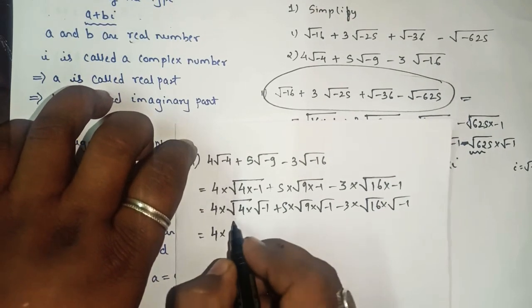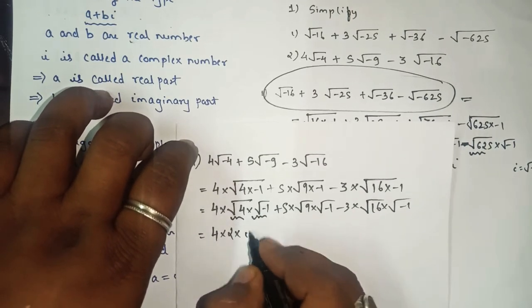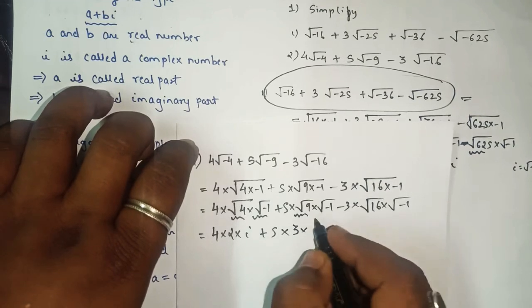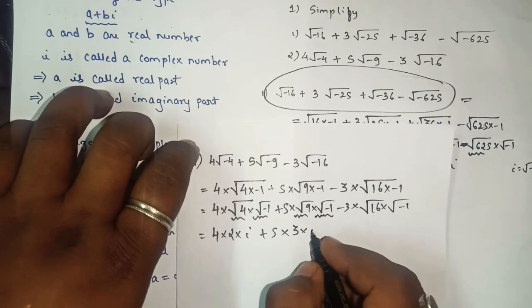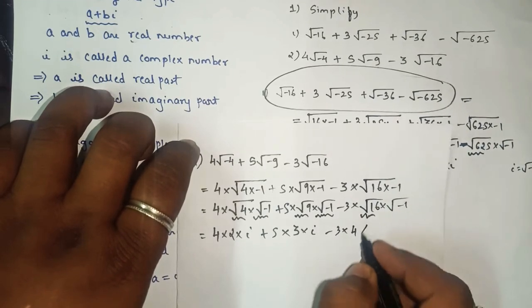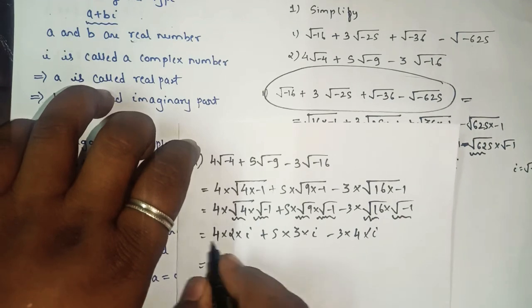So 4 into square root of 4 is what? 2, and square root of minus 1 is what? I. Square root of 9 is what? 3, and square root of minus 1 is what? I. Square root of 16 is what? 4, and square root of minus 1 is what? I. So 4 twos are